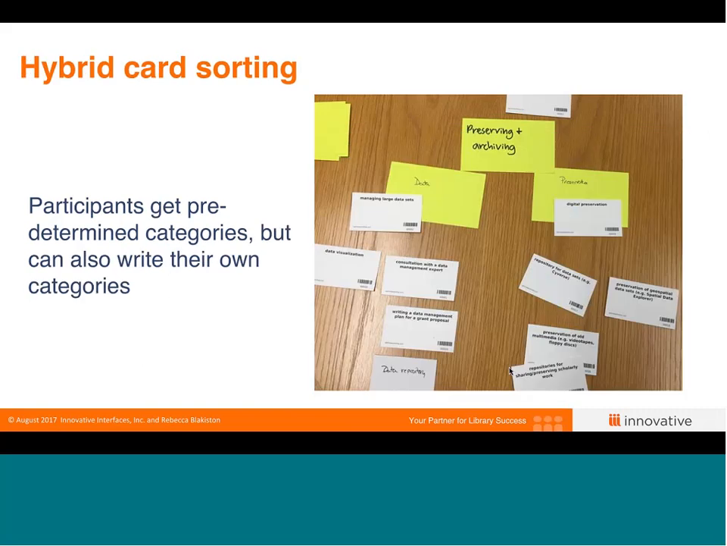You can also do hybrid card sorting. So this is also something that we've tried with, and different variations on it as well. You can get pretty creative with this. So in the hybrid card sorting, participants are going to get predetermined categories, but they can then also write their own categories. So you don't limit them to just the ones you give them. If they feel like there should be another category for some of the content, they can create their own. So in this example, preserving and archiving was the category that we gave them. And then they said, well, actually, I would split up preserving and archiving into data and